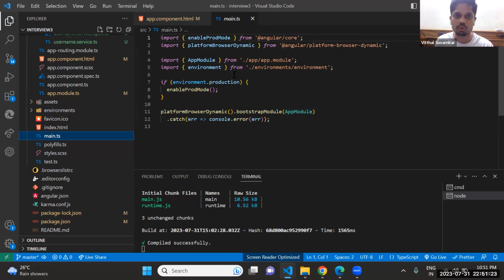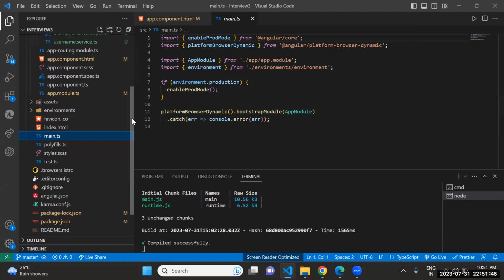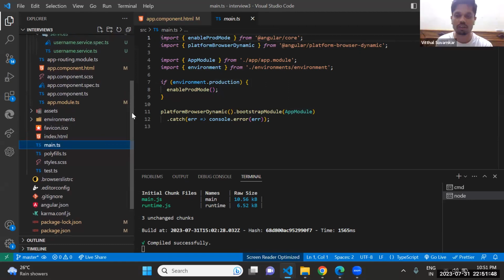Environment is used for calling HTTP, and all the modules are imported in the app module. Okay, brush up on it again after the interview. Yes, sir.